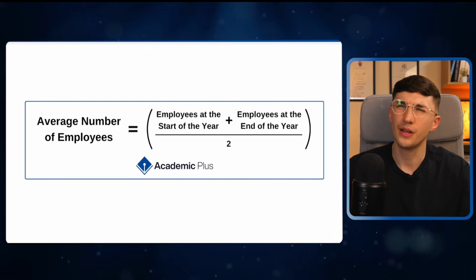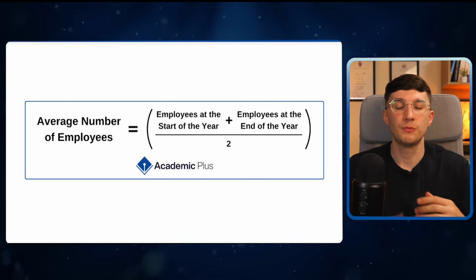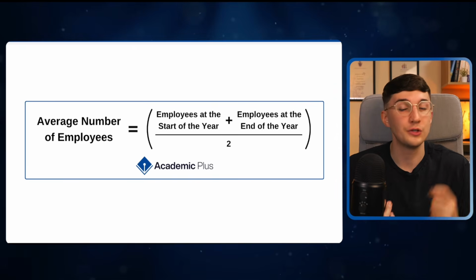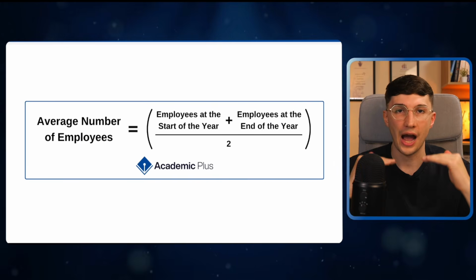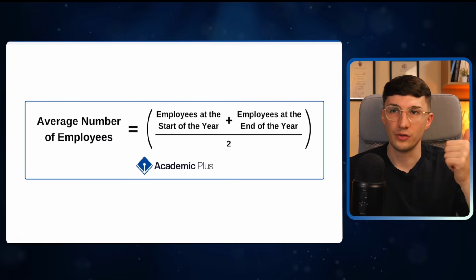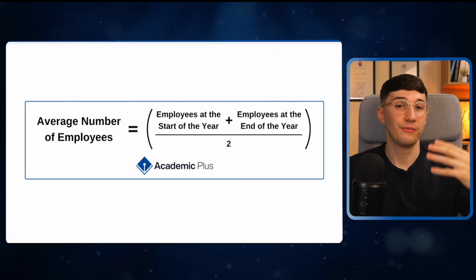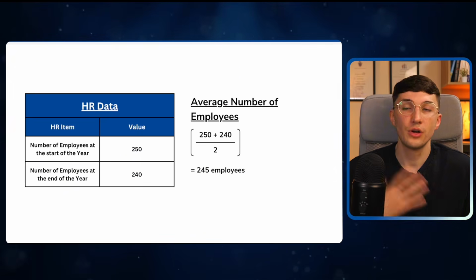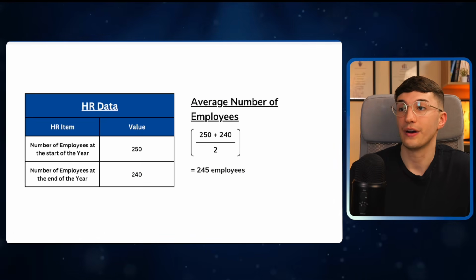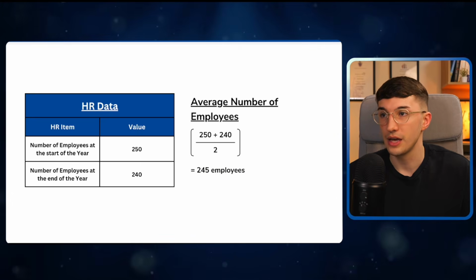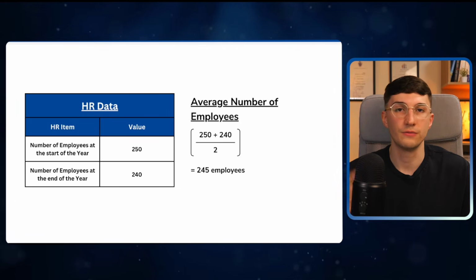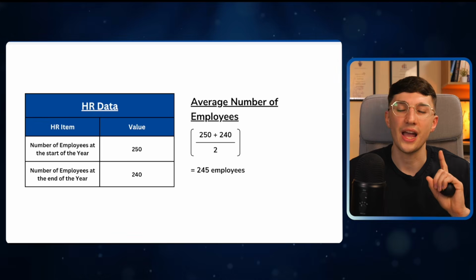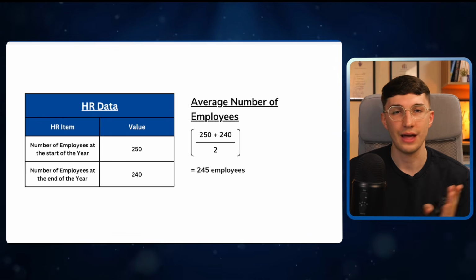I know what you're asking, why do we want to divide by 2? It's because whenever we calculate the average or the mean of something, we add up how many we've got and divide by how many there are. So employees at the start is 1, employees at the end is 2. Therefore, that's why we divide by 2. For example, they've given you the fact that you've had 250 employees at the start of the year and at the end of the year, 240. 250 plus 240 divided by 2 gives me the average number of employees during that period of time